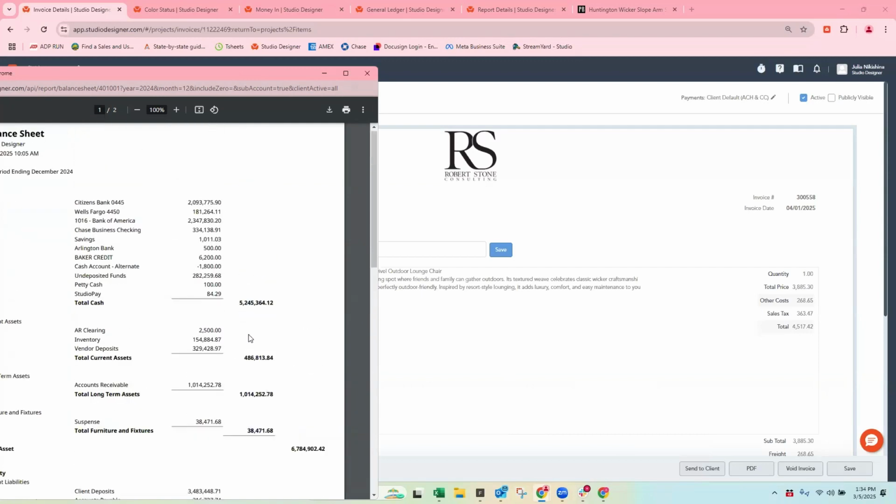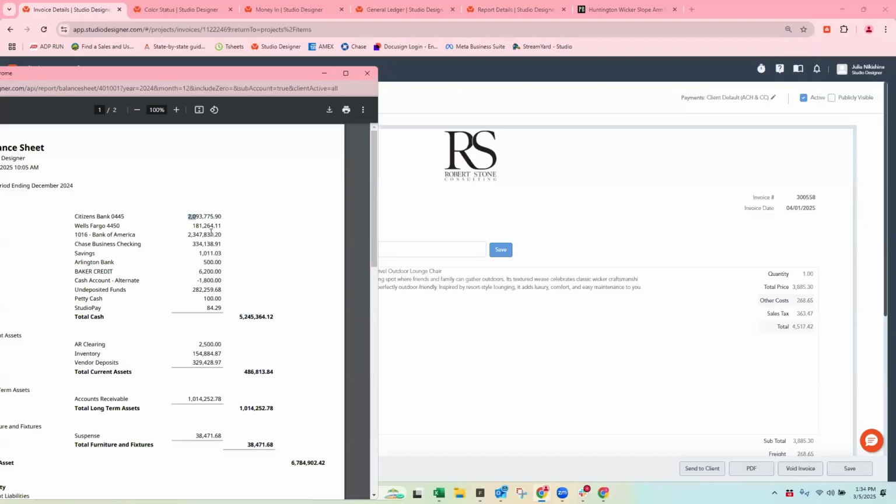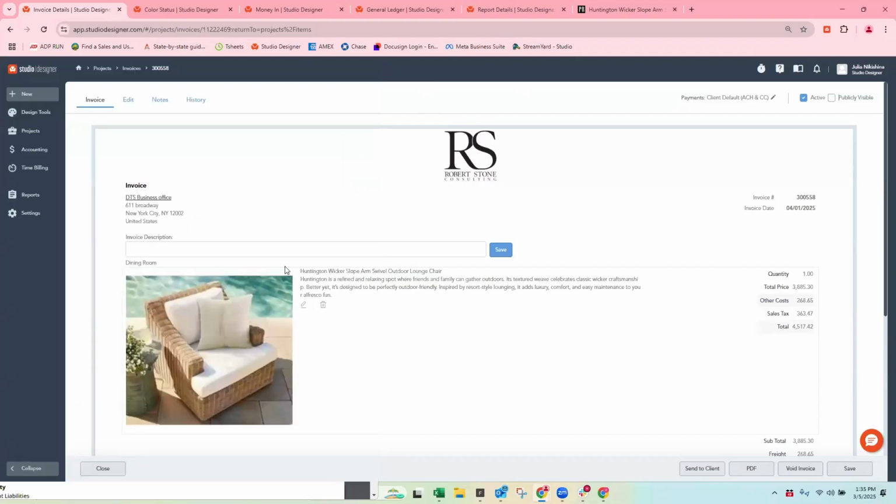From a cash standpoint, those dollars need to be living in your cash buckets up here. You need to know that that's money owed out and not yours. So we've invoiced for this beautiful chair.